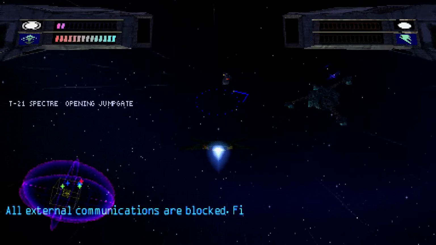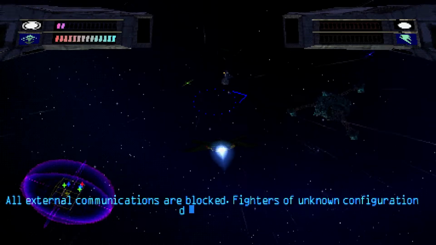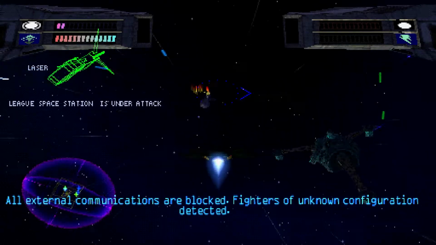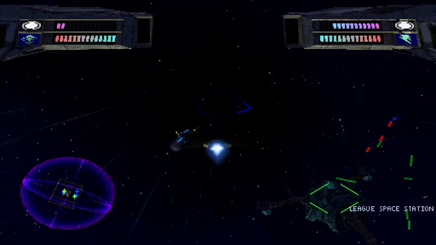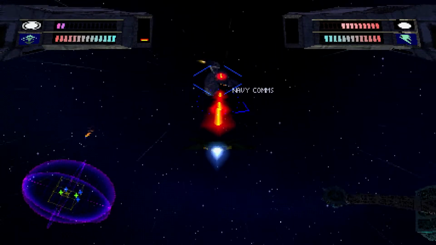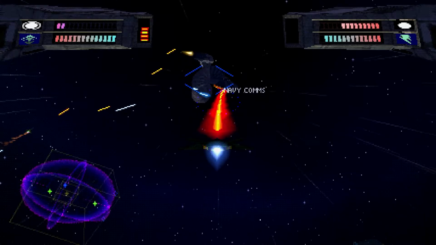Communications are blocked. Fighters of unknown configuration detected. But as long as we keep our cool in this mission, I think we should be alright. The Navy comms craft is almost down. But so is my wingman, too, so...